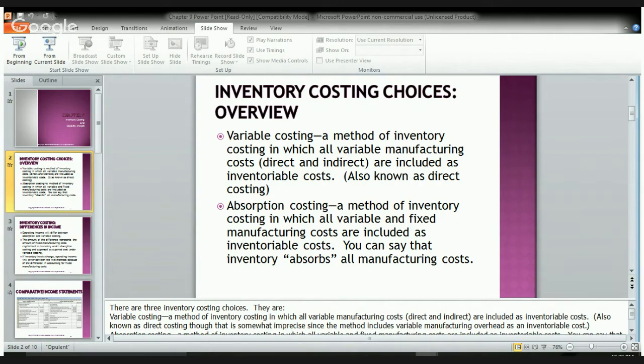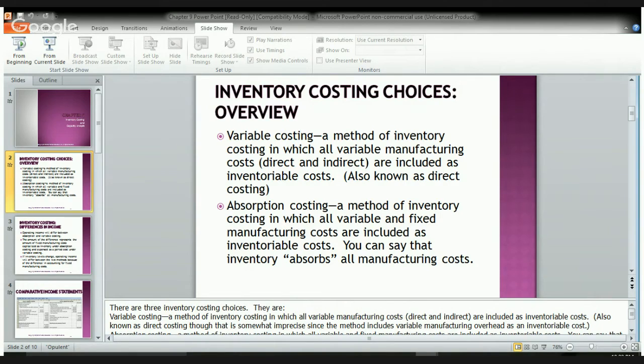Multiply that by the 2,000 that's left over because we only sold 6,000. That's $670,000. So the cost of goods sold is the 2.68 million minus the 670,000, and I get $2,010,000. Now on the absorption costing, you're going to be doing gross margin. So the gross margin, of course, is going to be your revenues minus your cost of goods sold, and that is